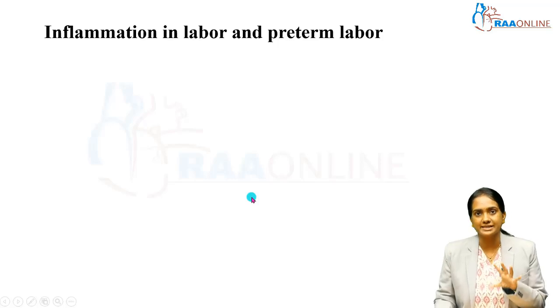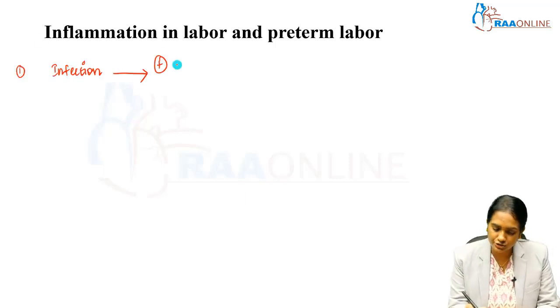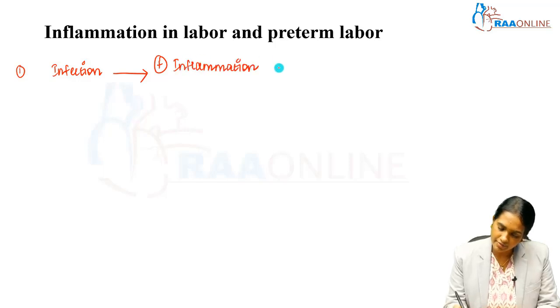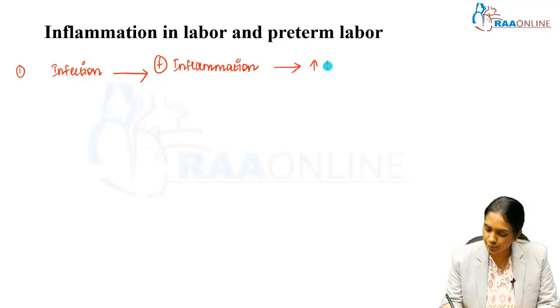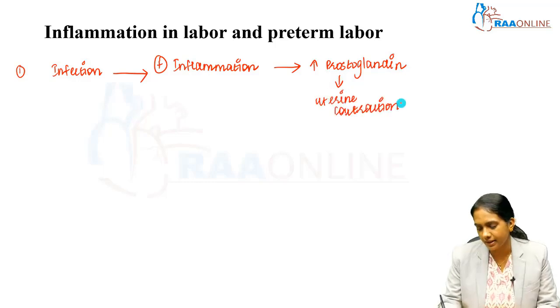So what is the cascade? So what is inflammation in labor and preterm labor? The first point is that whenever there is an infection, that is going to stimulate the inflammation, and that is going to cause increased prostaglandins. We all know these prostaglandins are responsible for initiating the uterine contractions, and that is going to